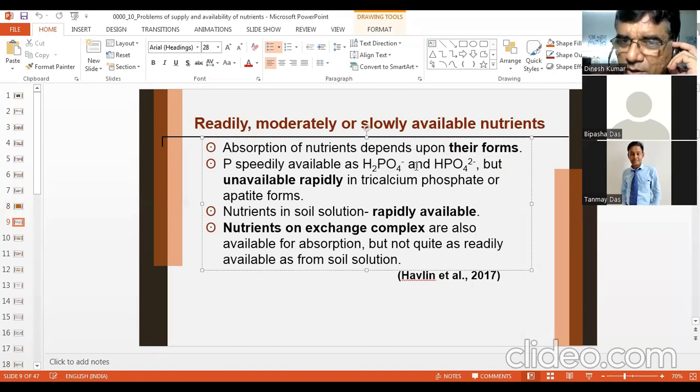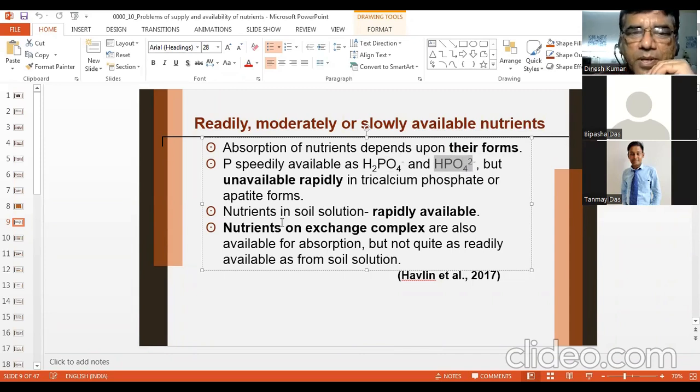And then next in the order is HPO4, but unavailable rapidly in tricalcium phosphate or apatite forms. So if it gets 3 minus charge, then it is less available to the plant. So you can see this is readily available H2PO4, this is moderately available, and the phosphate form is your slowly